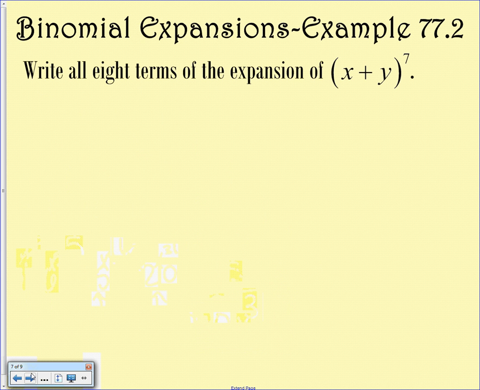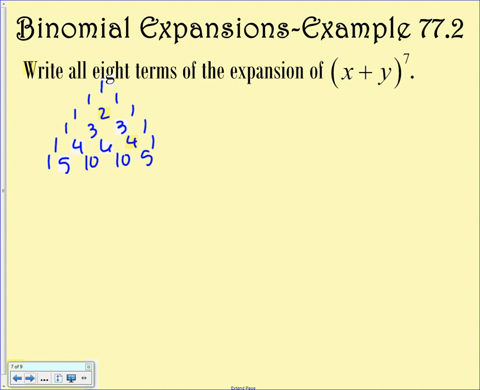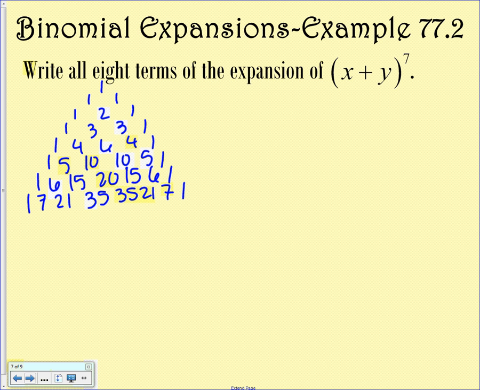Okay? Now we want to write out all 8 terms of the expansion of x plus y to the 7th. So we first need to start with our Pascal's triangle. So 1, 1, 1, 1, 2, 1, 1, 3, 3, 1. Whoops. That's a 15. And so if I go to 1, 7, 21, 35, 35, 21, 7, and 1, that gives me all of